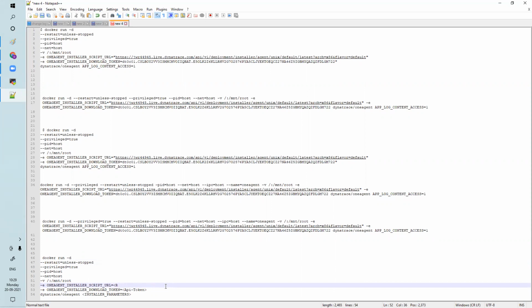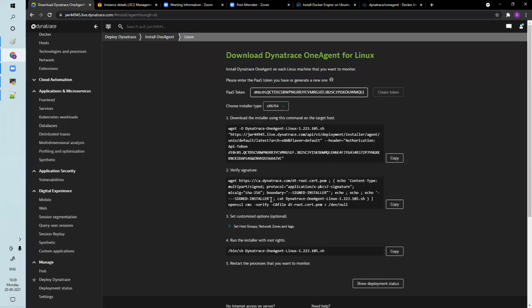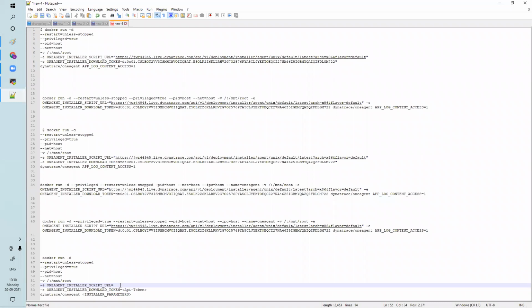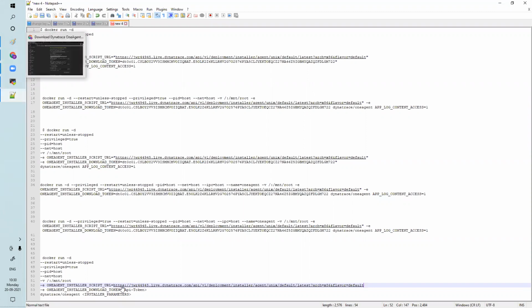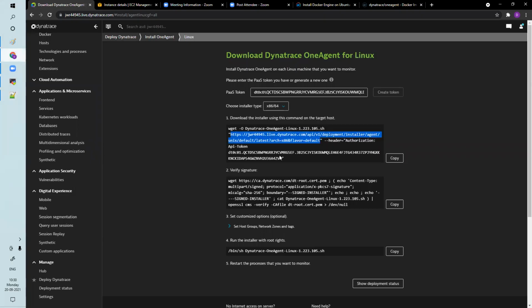So what was the script URL? From here, this is my script URL, till default. Control C, I'll copy and put it here. Second, what is telling? API token. Here the API token we need to replace. So this is our API token.